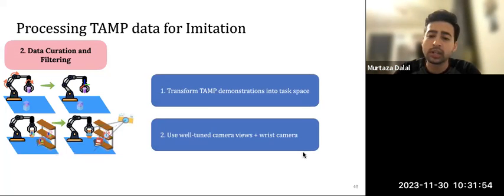Next, when imitating a privileged expert, such as TAMP, which operates over privileged information, it's fairly challenging for the policy to know why the TAMP system made a specific decision if it cannot perceive it. To address this issue, we offer a couple different solutions. One, the policy should take in a history of observations. Secondly, it should use a wrist camera, which improves its ability to perceive scene geometry. And then finally, we use multiple well-tuned camera views, which offer nice observations of the environment itself.